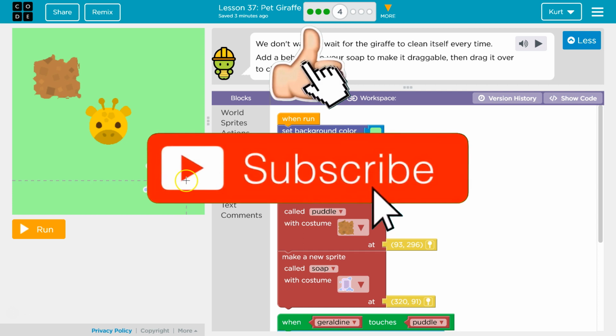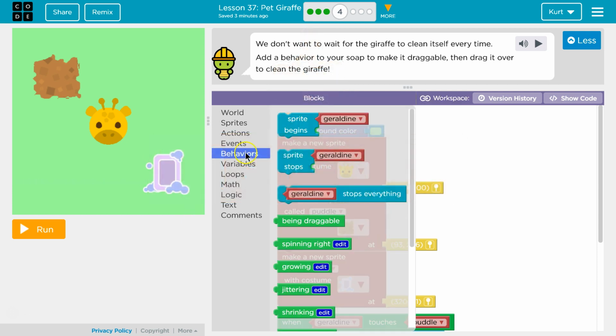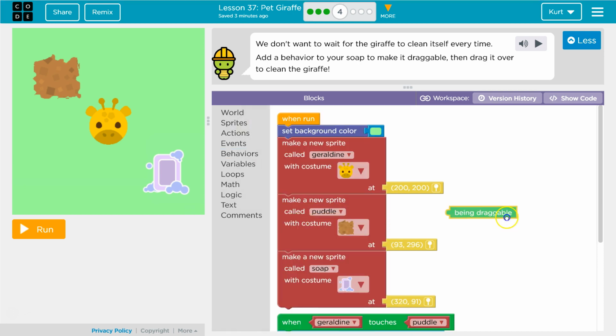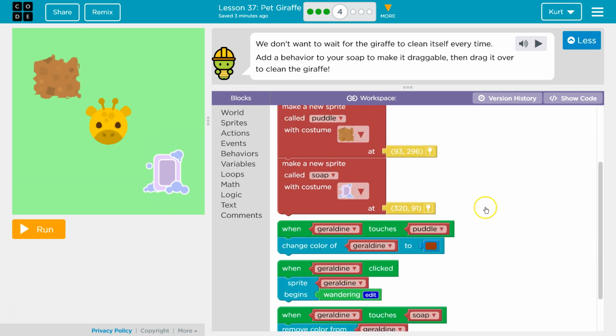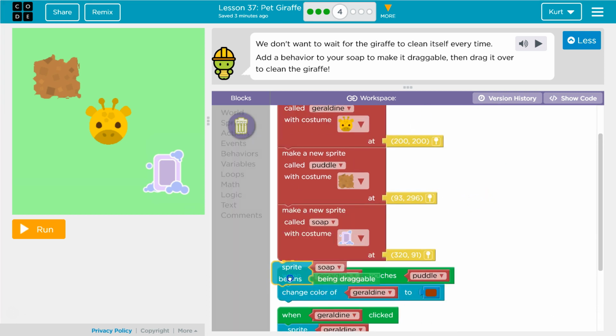All right, so here's our soap. We need to add a behavior, so I bet that's under behaviors. Look at that. Being draggable. Okay, that we need. Behaviors. Let's grab this. Being draggable and not Geraldine. I named my soap soap. And then I need to attach this. So once I click